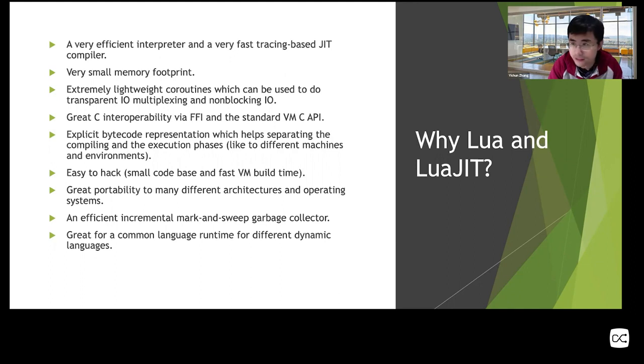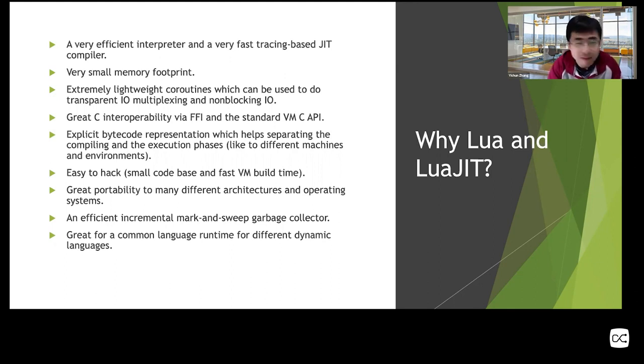It also supports explicit bytecode representation, which helps separate the compiling and execution phases. That helps a lot for a large Lua code input, because even though the Lua parser is fast, it still takes time for a huge code base. It's also easy to hack. The code base is small, especially for the standard Lua interpreter, of course.